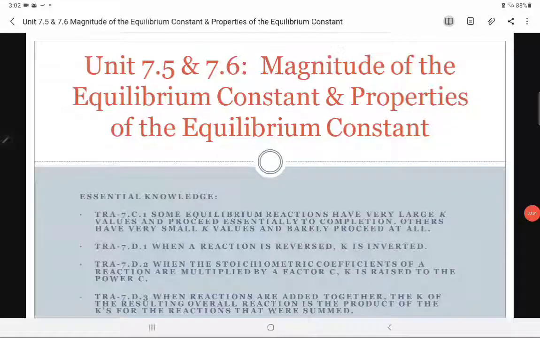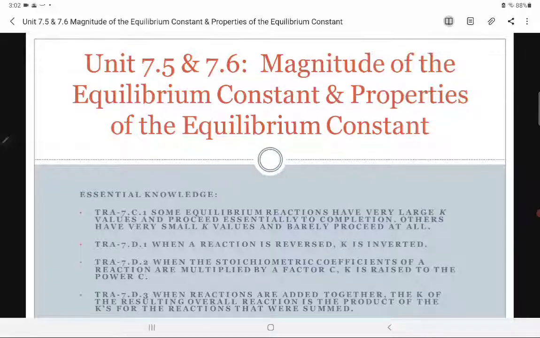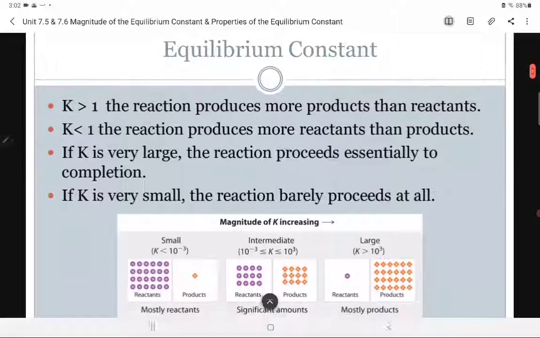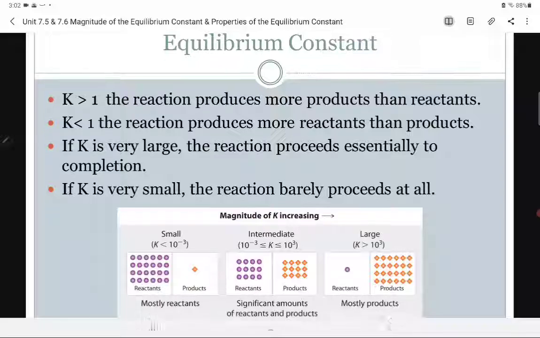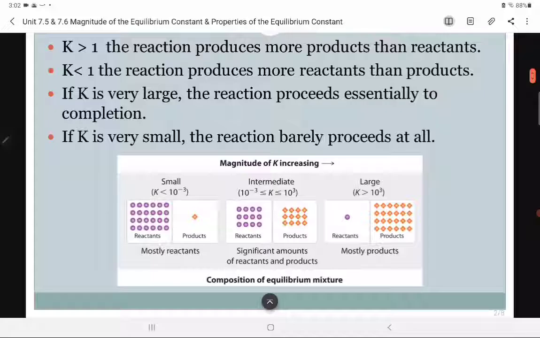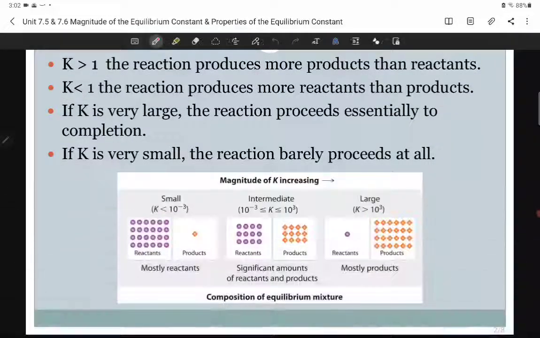Okay, with units 7.5 and 7.6, we're going to look a little more into the equilibrium constant K. And we are revisiting this: K greater than 1, K less than 1. We can call that also, I guess, K very large compared to K very small. And graphically, this is what we've been talking about already. I don't think I showed this to you graphically, but